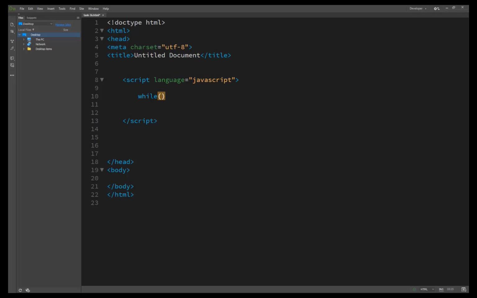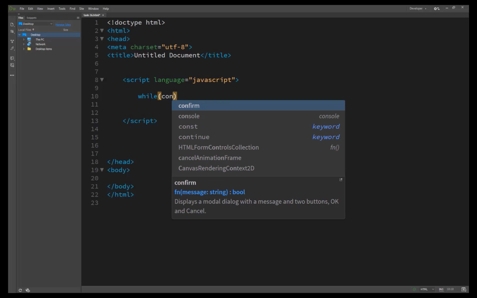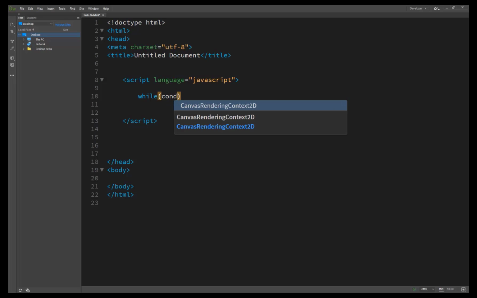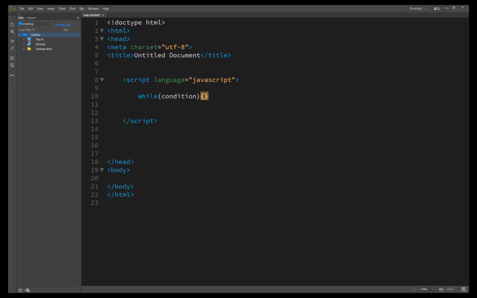First of all, we create a condition here, and then the curly brackets, and inside, the JavaScript code. A conditional loop continues as long as a single condition is true.